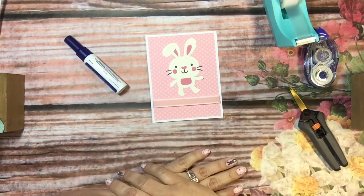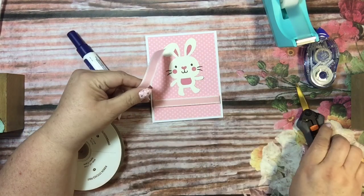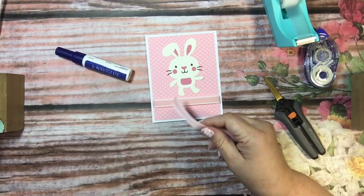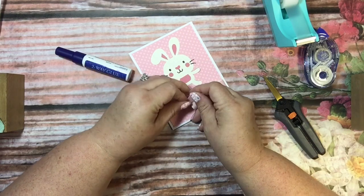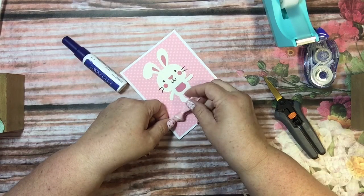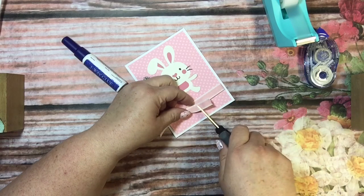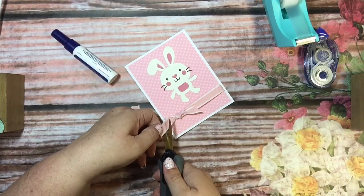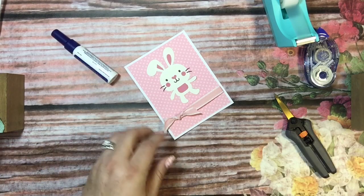Isn't that adorable? And I'm going to put a little ribbon on it still, so I'm taking a little bit more of my ribbon and I'm going to just make a little bow right here. And I'm not even going to do a bow, I'm just going to do a knot. And then I will take it and cut it at an angle, that way and that way. And now my card is